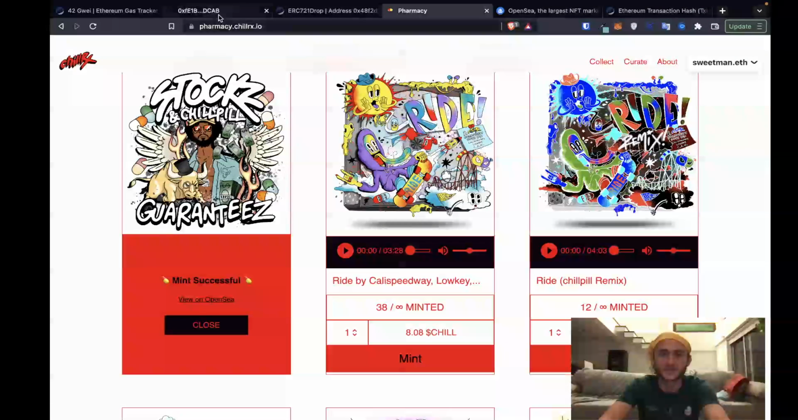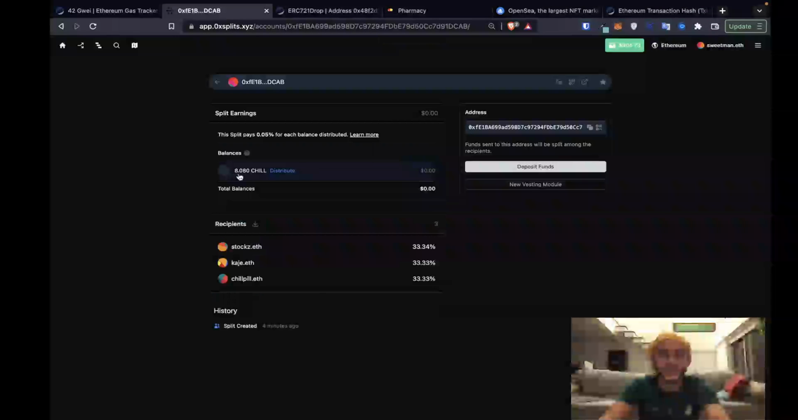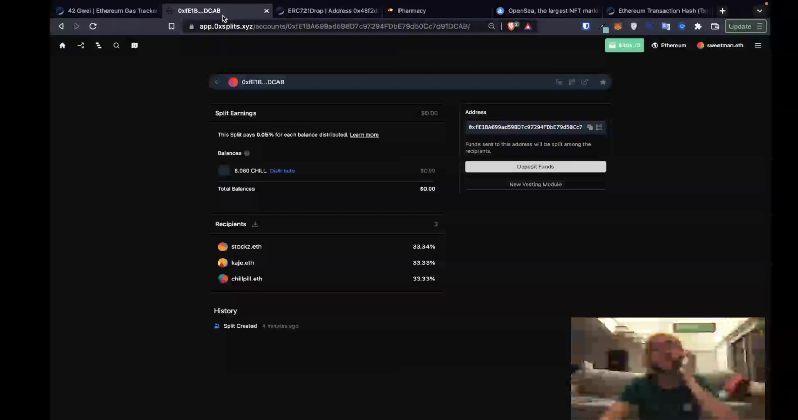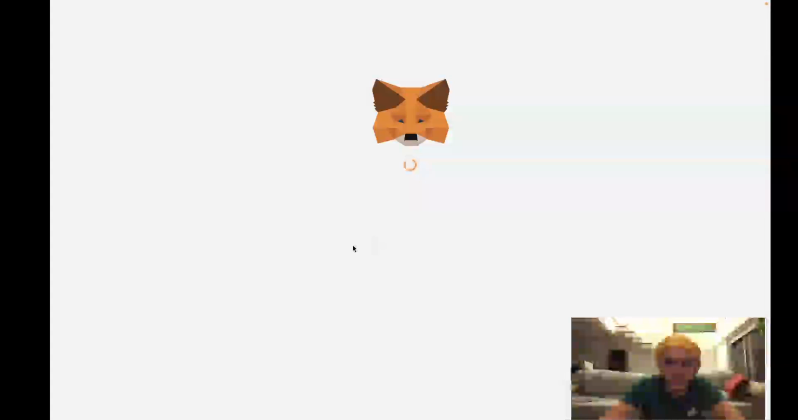Looks like we had a successful mint, and we've now got 8.08 Chill. And oh, did I only buy one? When I refreshed the page, I forgot to increase it to 3. Dang, I don't want to pay those ETH gas costs again. Okay, so there's 8 Chill inside of the wallet now. And so anybody can distribute this. I'm not going to distribute it right now because I'm going to let it kind of rack up. But we have proven that